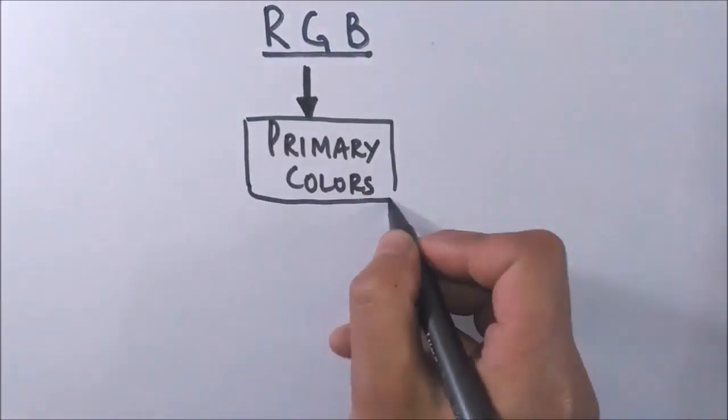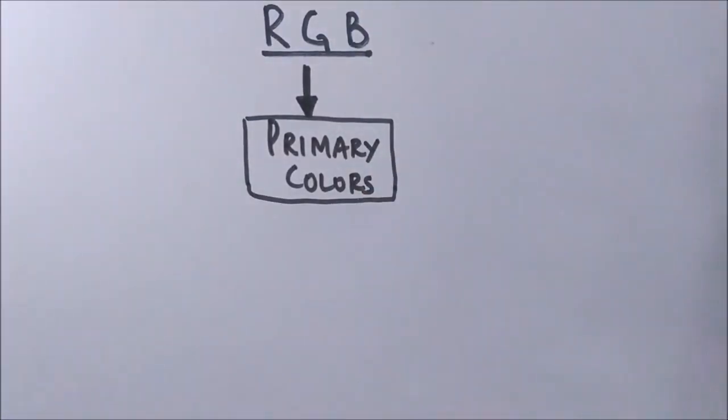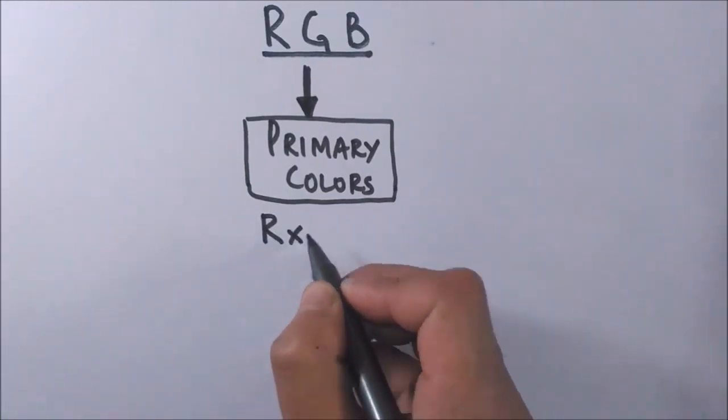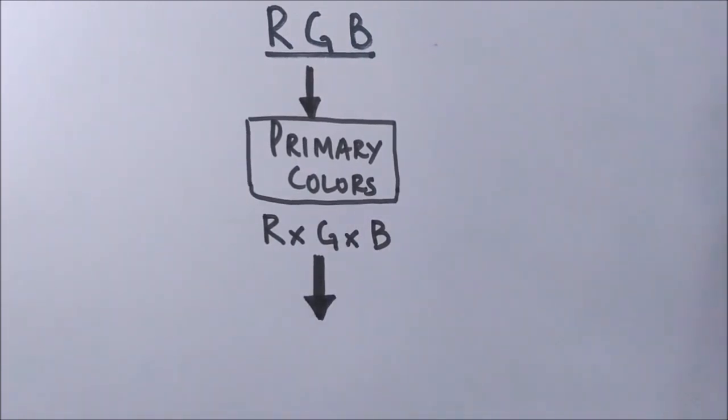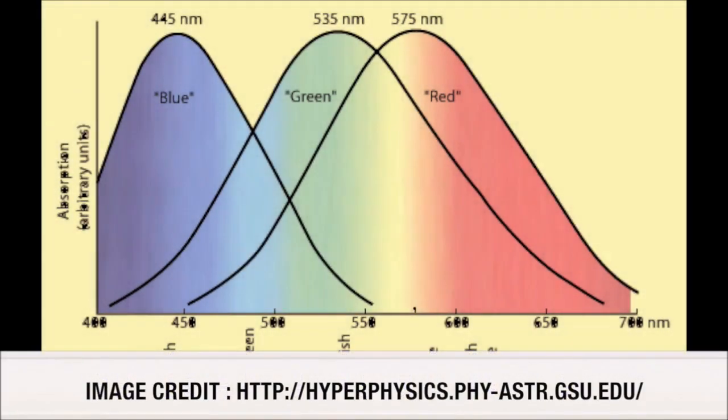These three are the primary colors, and by various permutations and combinations, millions and millions of colors can be detected by the brain, and these combinations are known as the secondary colors. It is the same way as in a printer: we put in 3 dyes and we can have n number of colors through various combinations.